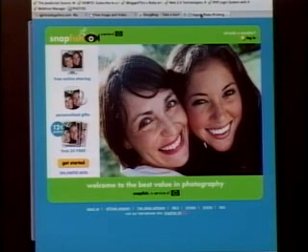Also, you can always print photos. So you upload your photo, if your friends want to print it, they can print it themselves, pay for it, download the photo, which is really cool. Or if you decide that you want to print some of these photos, you can do it yourself too.